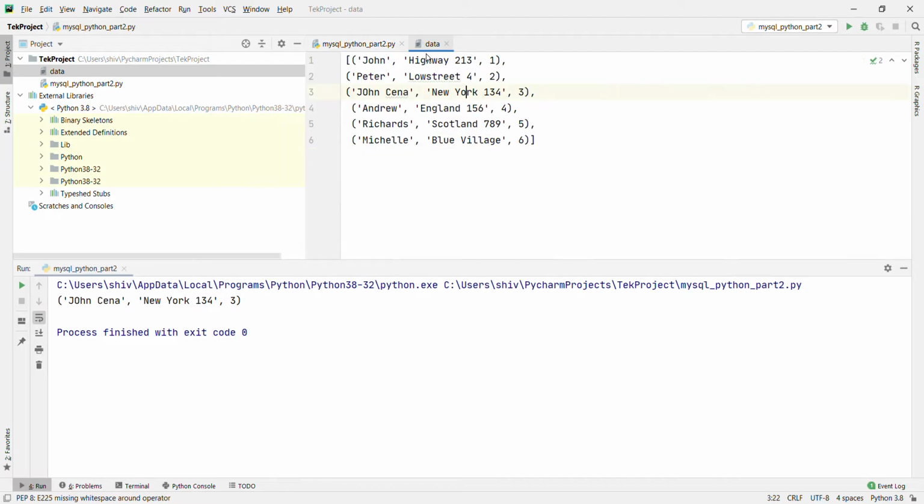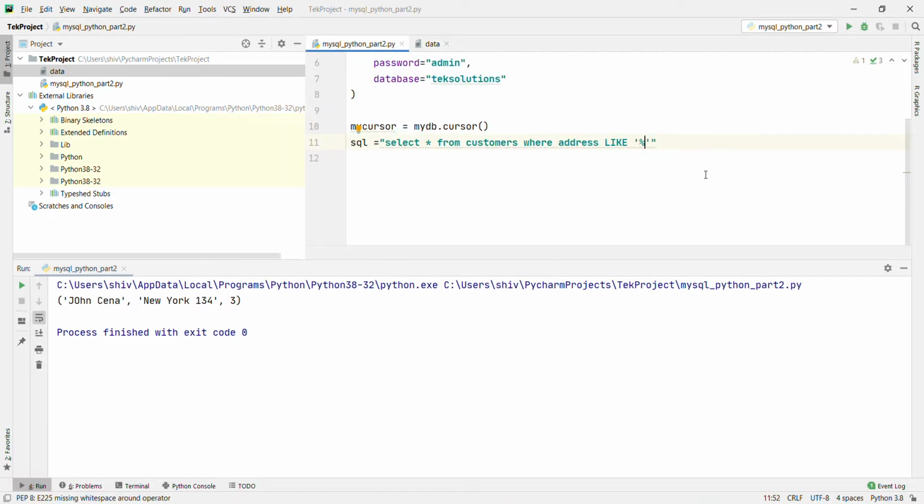Here the letter I appears two times, in this highway and this village. Then I am going to use percent I percent.